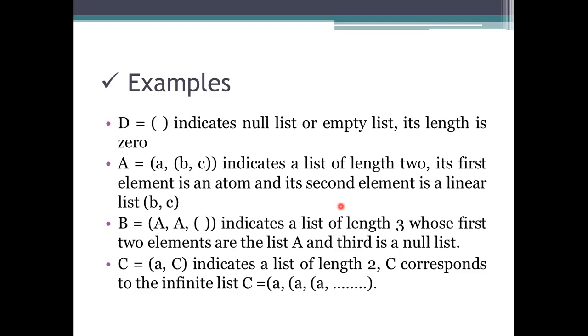A list can be empty. A list can consist of a list and also an atom. If it is just a value, then it is an atom. If it is not, it is taken as a list. It can also be an empty one. And if you want to use recursion in that case, meaning you want to call it infinite times, we can call the list itself here.